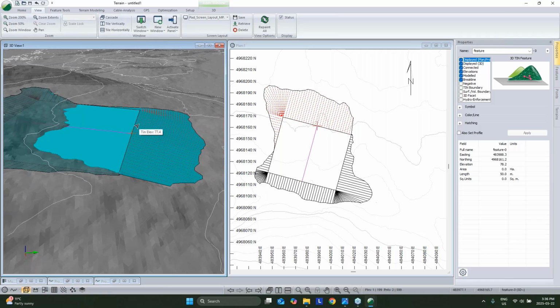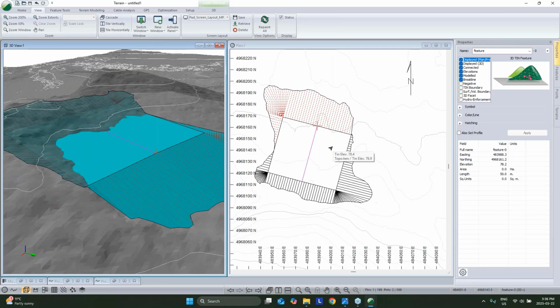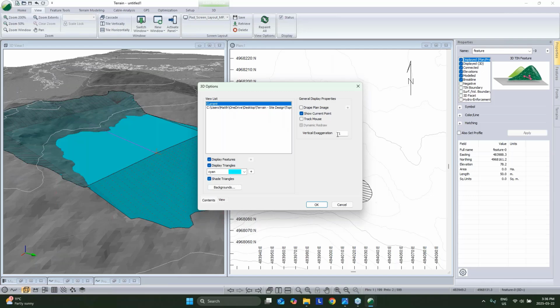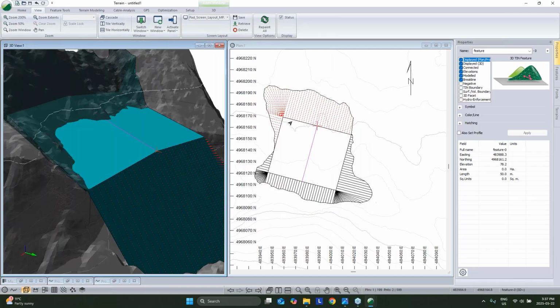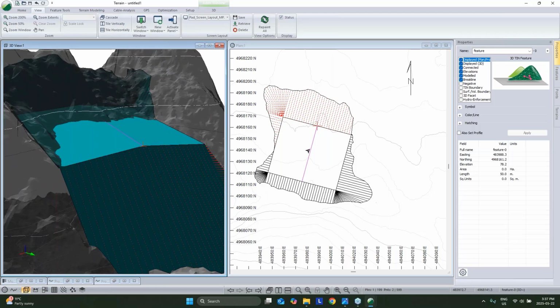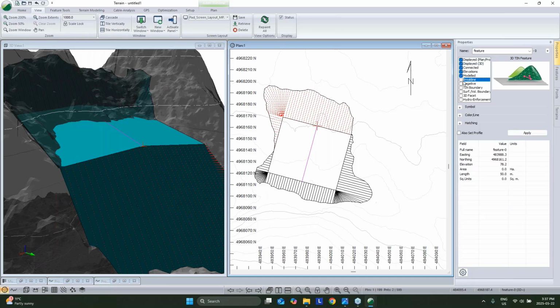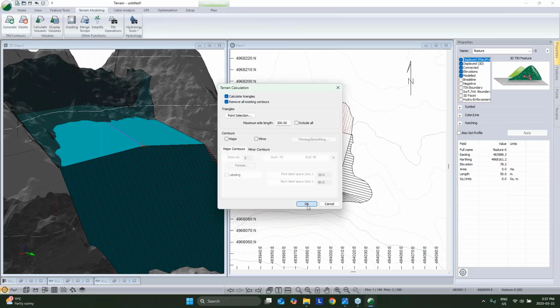So, break lines. I added in my crown as a break line here. What the break line is doing is not allowing any triangle edges to cross our line. So if we stretch this out and make it a little more pronounced, a little more extreme, we can see that the crown is easier to see. And if we turn this off and remodel it,